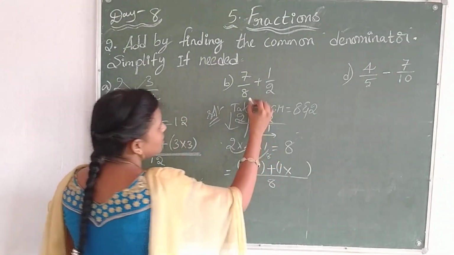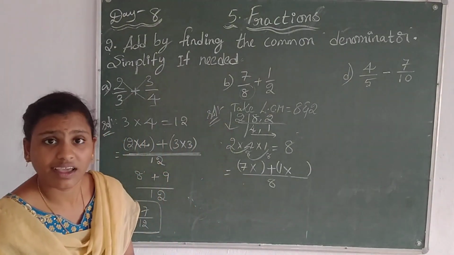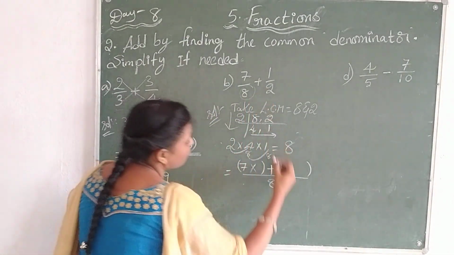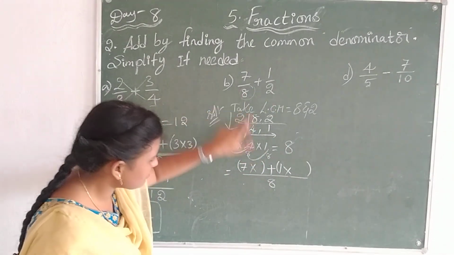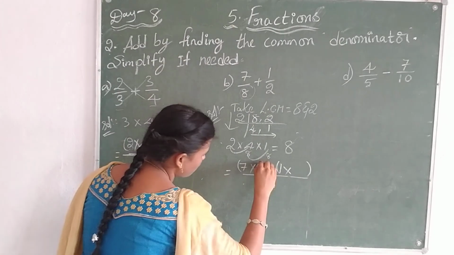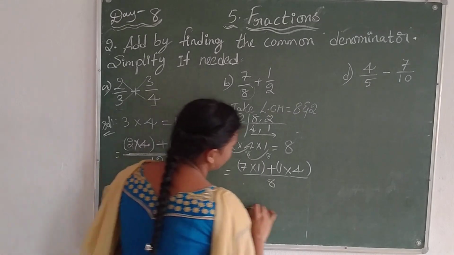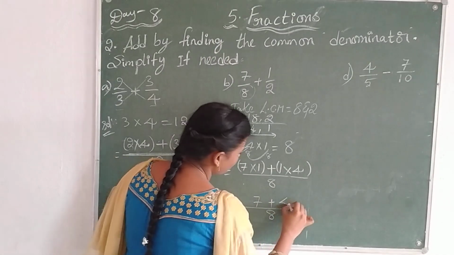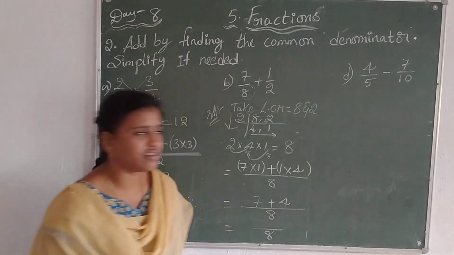Let's see, what is the denominator? It is 8. And what is the denominator here? It is 8. So 8 and 8 cancel. How many times is 8 cancelled here? 8 ones is 8. So this 8 is cancelled in this 8 1 time, and this 2 is cancelled here 4 times. Let's take 8 in the denominator place. 7 ones is 7, plus 4 ones is 4. 7 plus 4 is equal to how much?